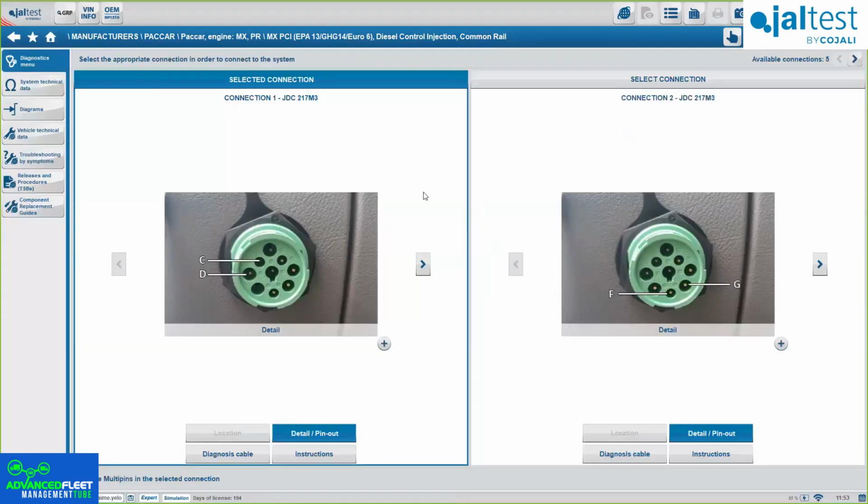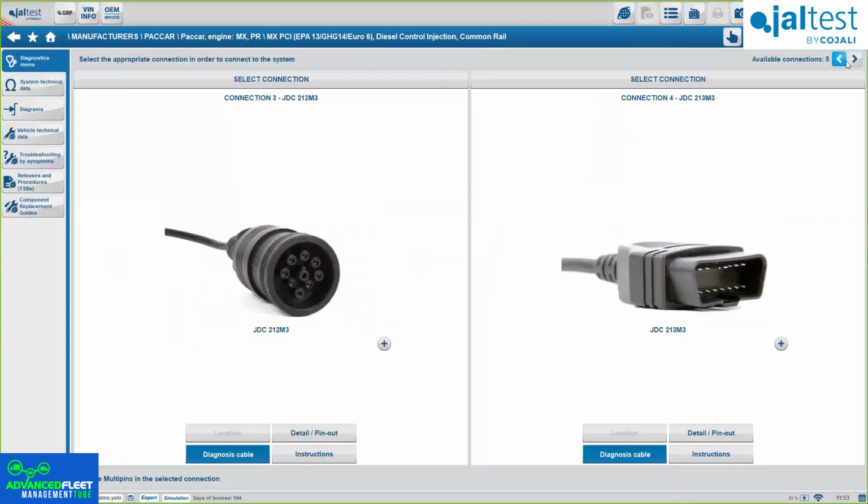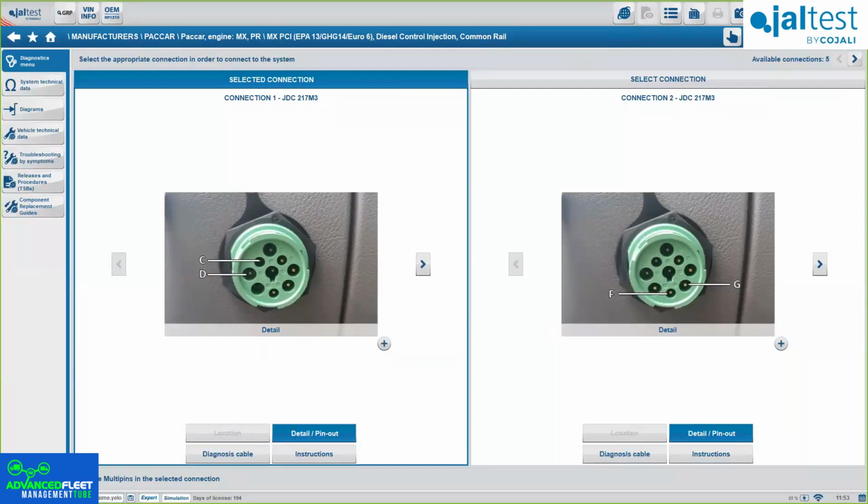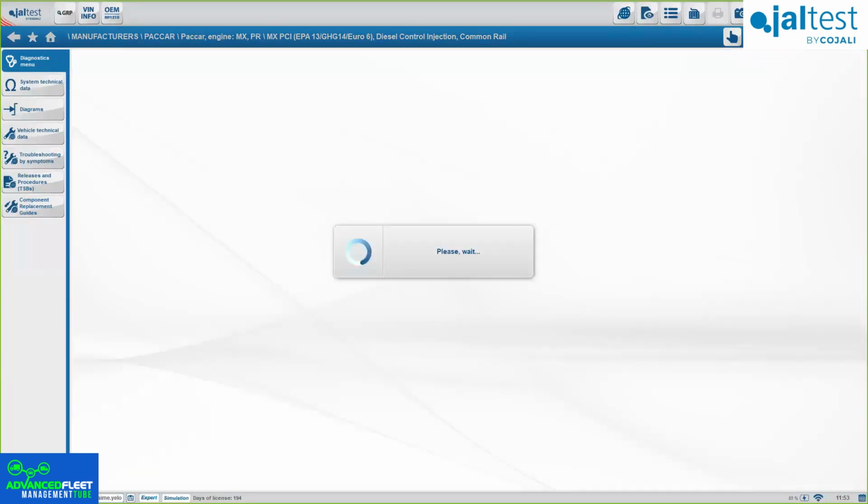Again, for some engines, something that we haven't seen before, since we haven't selected any manual activation, is some engines will require different cables. Okay, just so you know, we'll give you all the options, and then you can check exactly what we want.